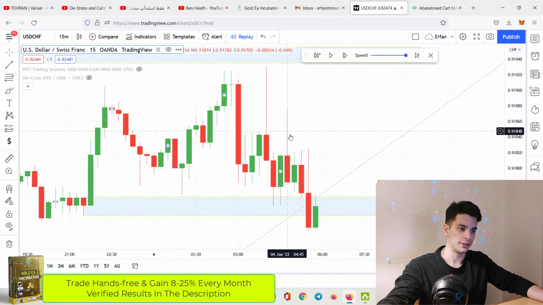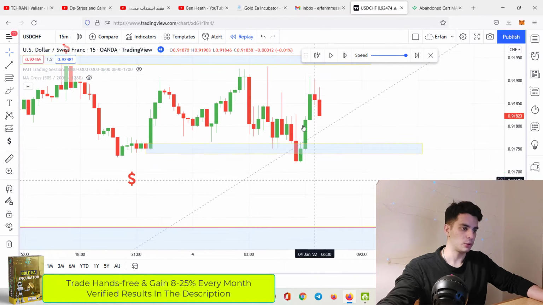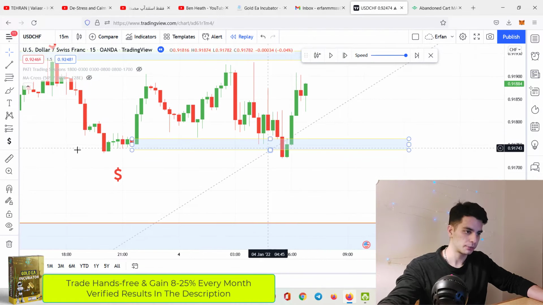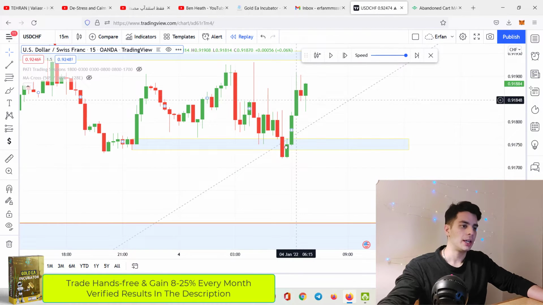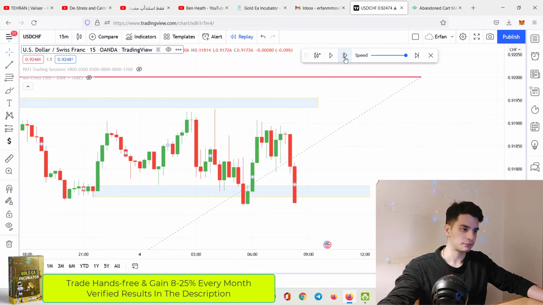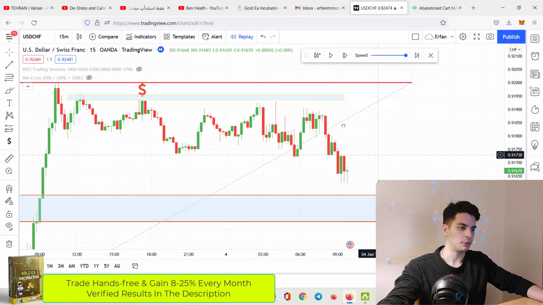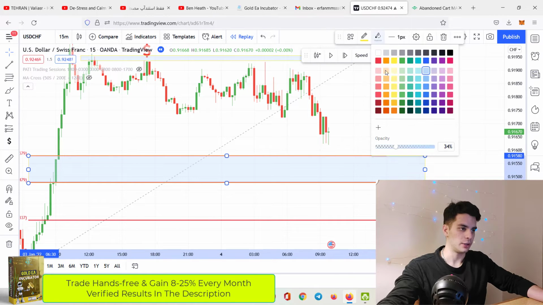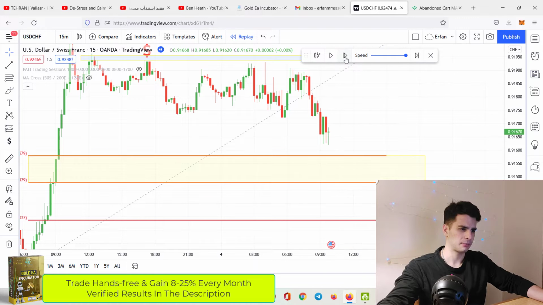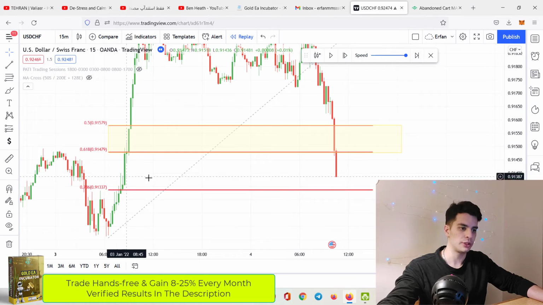And as you can see, we have this momentum here, and now it just broke into this level. And if I want to go forward, you see that this one works. It was a liquidity grab right here. It grabbed all the liquidity and then it shot up. I don't know how far it's going to go, but this level is invalid right now. And then we are just targeting our golden zone area, which is our Fibonacci level. Even this one, the golden zone, didn't get respected,